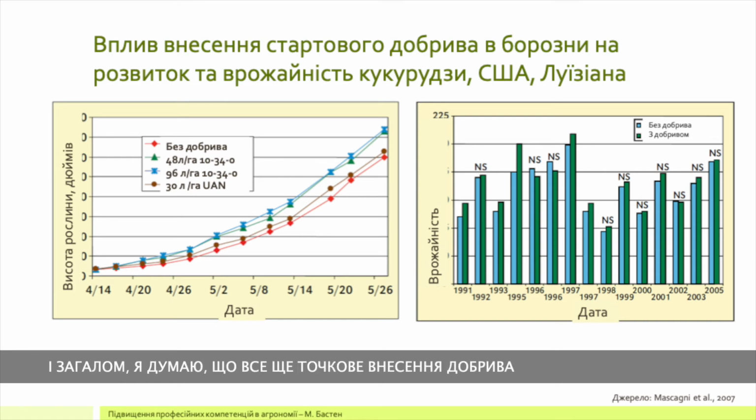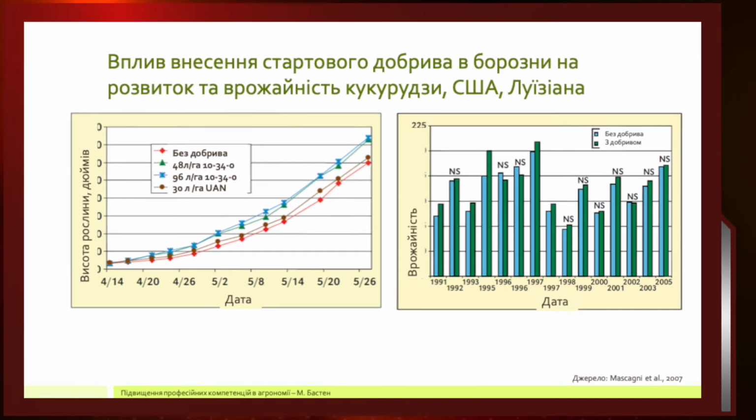And in general, I think pop-up fertilizer or placement is still very popular. It's more or less a standard practice in the US, and in many European countries, in particular northwestern European countries under colder climate. And therefore, I think it can definitely be recommended to corn as an insurance. And sometimes, if something goes wrong later in the growing season, we will also see good responses in terms of yield increase.